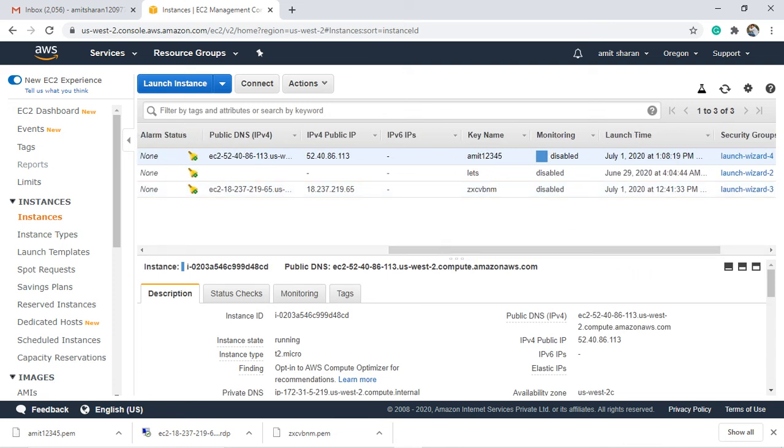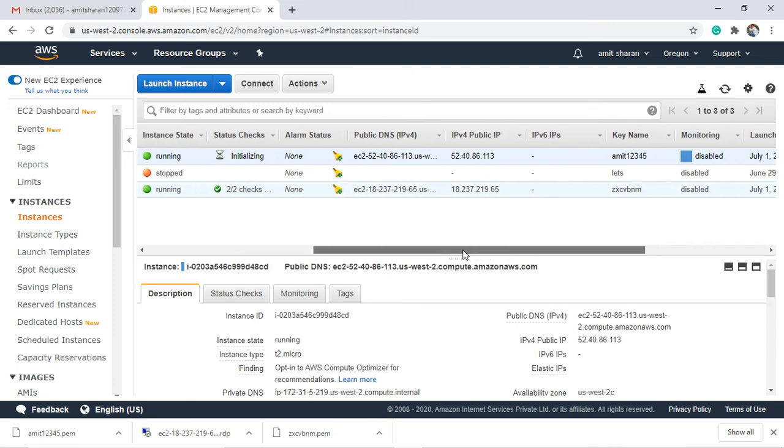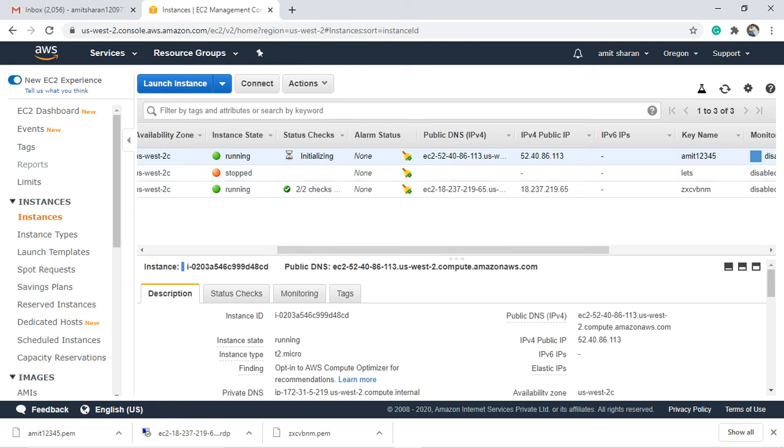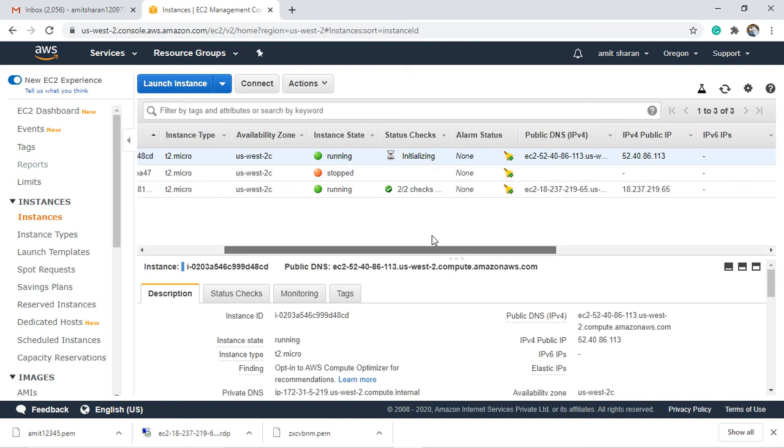It might take some time, so wait for it. See, this is the key pair name, this is the IP address version 4. I'm not choosing IP address version 6, that's why it's giving the IP address version 4. This is the default type. You can choose your IP address version 6 in the security group. This is your public DNS name. With security alarm, we can use security alarm. Alarm status shows the status of my instance.